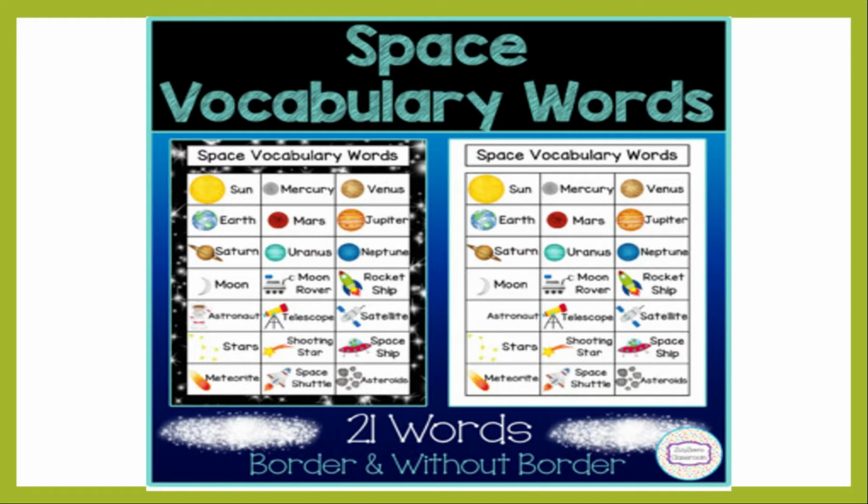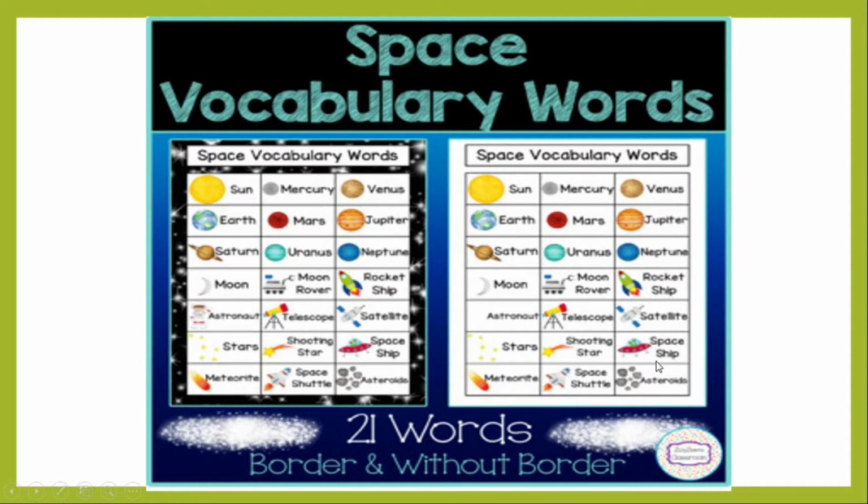Okay, so we've got space vocabulary, and we've got the sun, Earth, Saturn, moon, astronauts, stars. We've got Mars, Mercury, Venus. We've got Jupiter, Uranus, Neptune, a moon rover, rocket ship, telescope, astronauts,